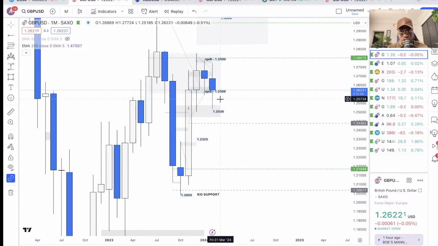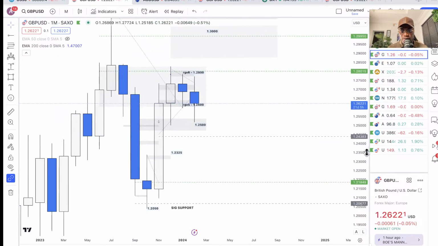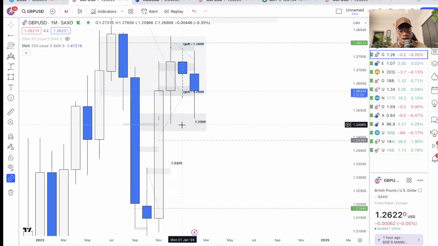But one important thing I want you guys to notice with pound dollar, or two things now that I can see, is first, we got to this key level that we mapped out from September, right? If I go to the lower time frames, you guys are going to see a point here where I mapped this out from, because from that point we had a retest here in December, and the market just reacted to this level again this month, February. And guys, this is why it's very important to have your key levels mapped out, to understand the importance of key levels.